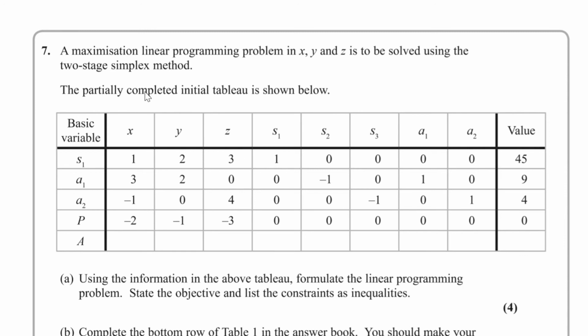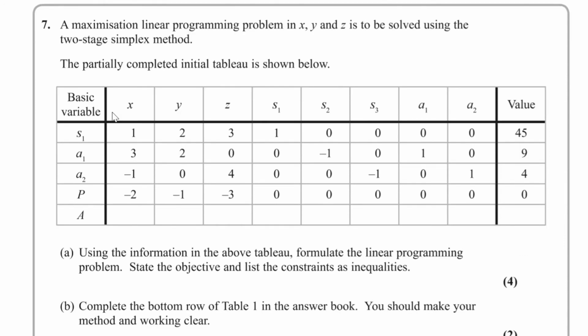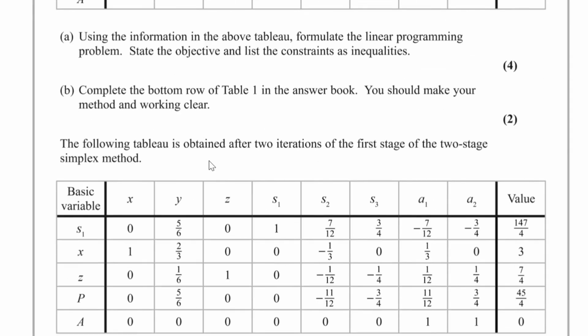For question number 7, a maximization linear programming problem in x, y, and z is to be solved using the two-stage simplex method. The partially completed initial tableau is shown below, that's what we see here, and for part A, using the information in the above tableau, we have to formulate the linear programming problem, state the objective, and list the constraints as inequalities. So, if we use that table,